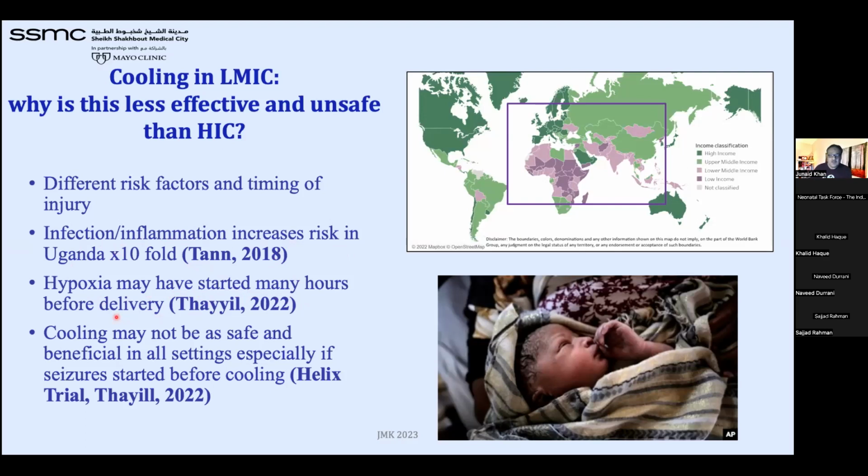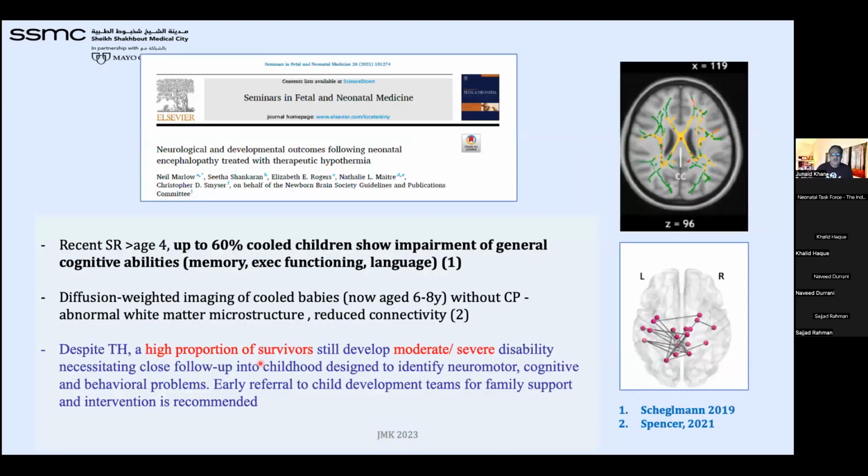So you are getting babies which are already severely damaged, and I think the cooling cannot bring that back. So cooling may not be as safe or beneficial in such settings, especially with seizures. Not only that, a systematic review just published in 2019